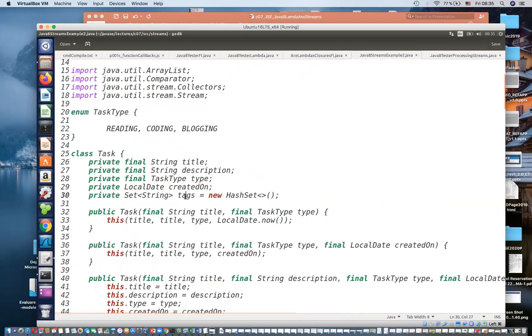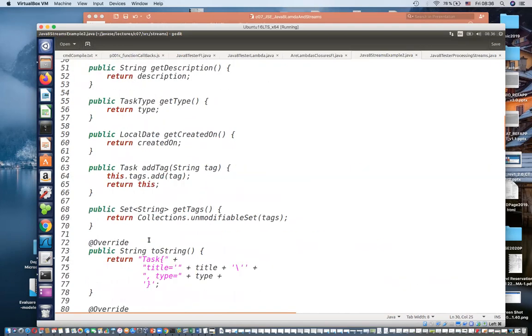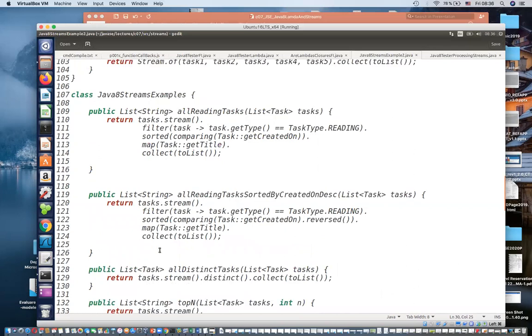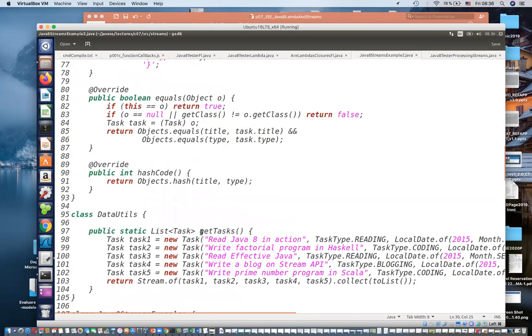If it's a book about Harry Potter, which is not the case, we are doing computer science, or it is a book from whatever Java Essentials topic, right? And in here, I have several tags like computer science, like Java programming, like multi-paradigm programming. And this is my class task. And in this class task, of course, I have overriding toString. And then I have some data utils, as you can see in here, and this data utils is doing, for get task what? Is compiling, is creating a list of tasks, task 1, task 2, task 3, task 4, and